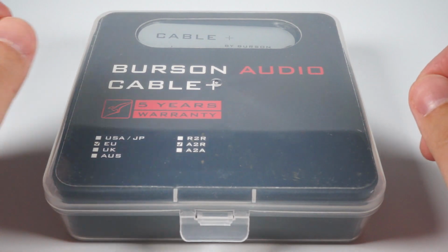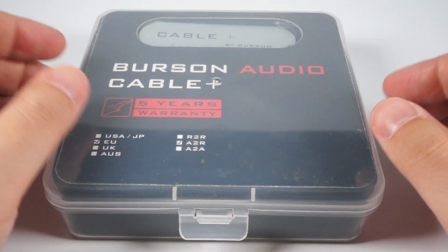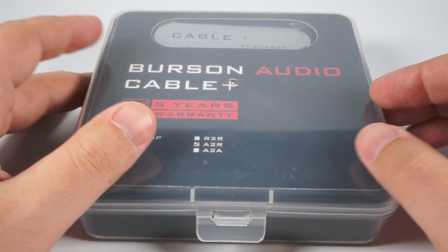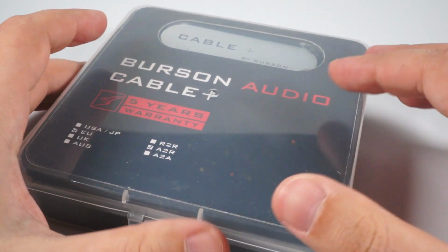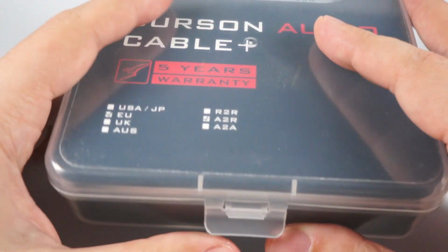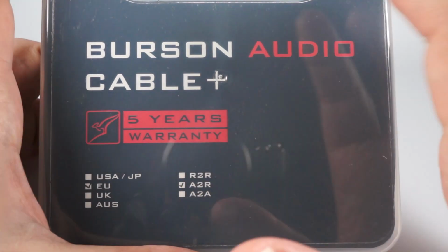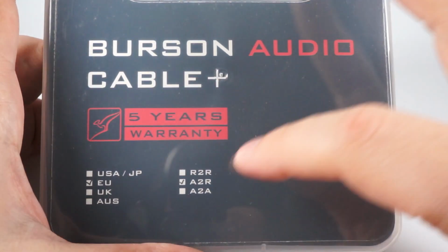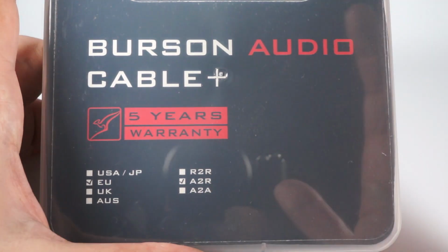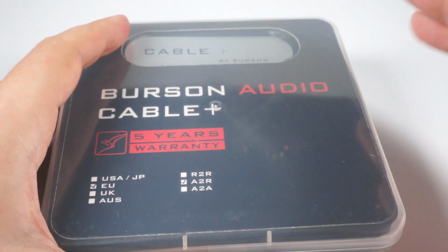Hello, today I've got for you a pretty unusual thing. It is an active interconnect cable made by BursonAudio. It is their new lineup, Cable Plus products, and this one is auxiliary to double RCA connector. So BursonAudio makes three versions. One with double RCAs on both sides, one is auxiliary to double RCA, and the third one is auxiliary to auxiliary. So mine is for connecting different players and